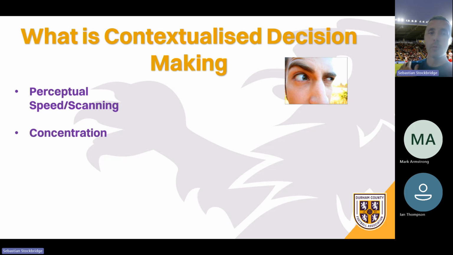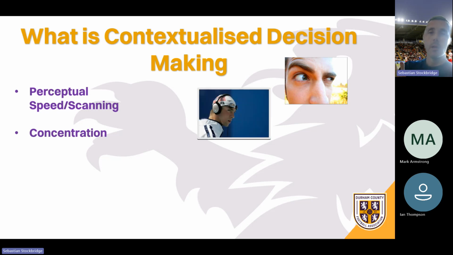Right. Second one's concentration and focus. Like those 10-0 wins, it's easy to just switch off and go, it doesn't really matter now, the game's done. But we can't afford to do that as officials, because there's something that might bite. And there are times in the game, like the first 5 and 10 minutes after kick-off or the end of the game, where it's really important to have that concentration. So you can switch off at certain points, but it's about picking the right times to do that.